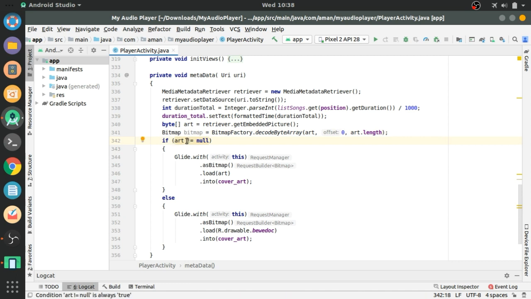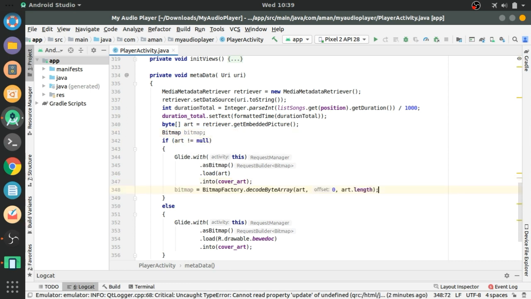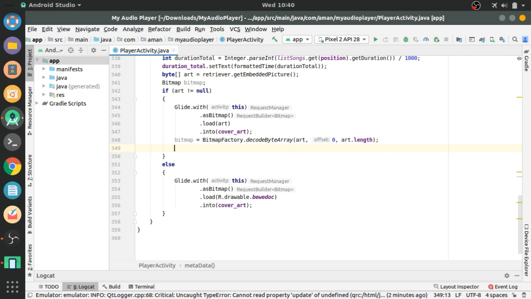Now just cut this line and paste it in the if block, so that we can use art is not equal to null, and hence we can create a bitmap from this art.